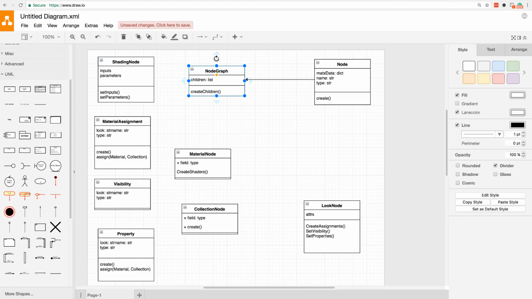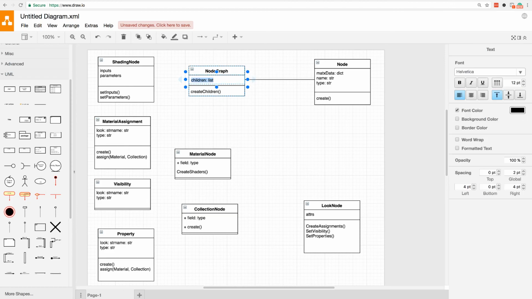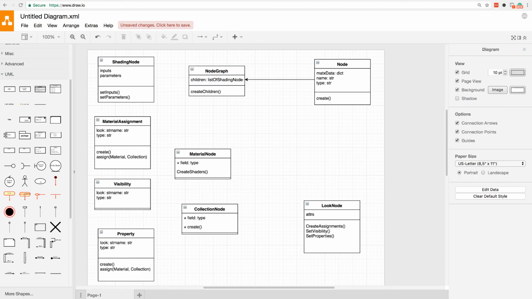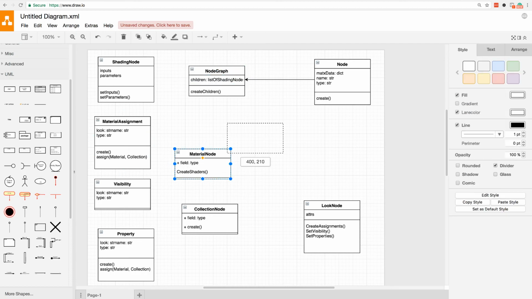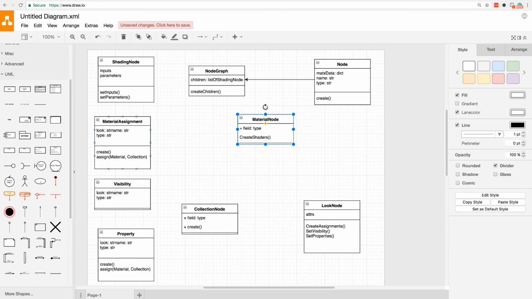This is going to be a list of shading nodes. This is going to contain a list of shading nodes. I don't think a node graph can contain a material. No, they cannot.